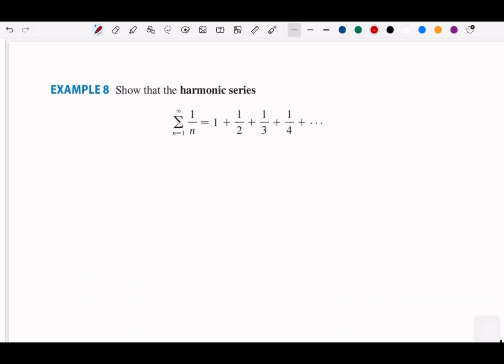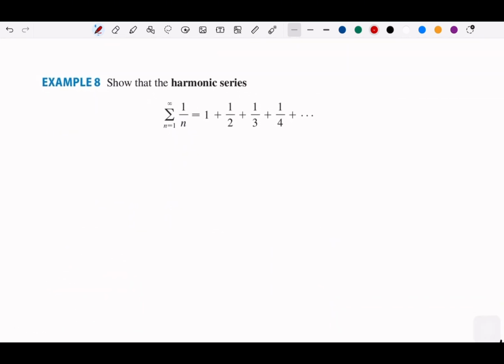I forgot, I cut this. Show that the harmonic series is divergent. Okay, now we call this 1 over n the harmonic series. You will see this harmonic series a lot in this chapter, because I think it is one of the foundations to compute the